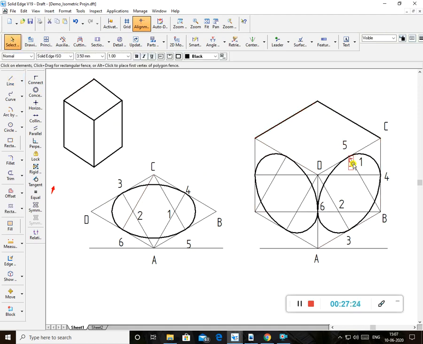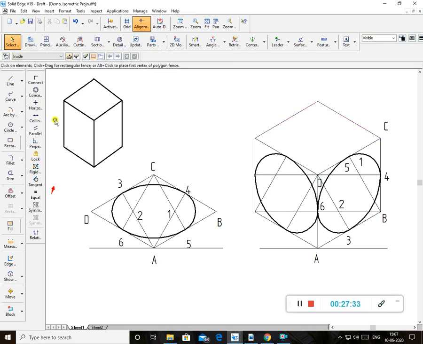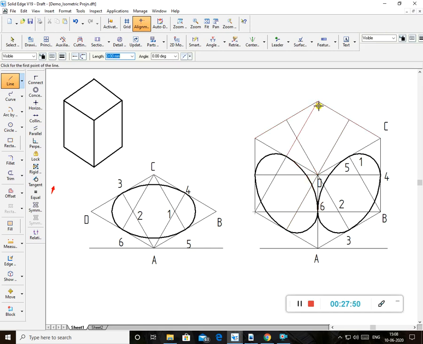Same thing I am showing here. Okay, so these two lines, I make them light because you may make these lines light. Now again I can create here. See, from here up to this angle, midpoint. From here again midpoint. From here again midpoint. From here again midpoint. So again I will draw the arc.